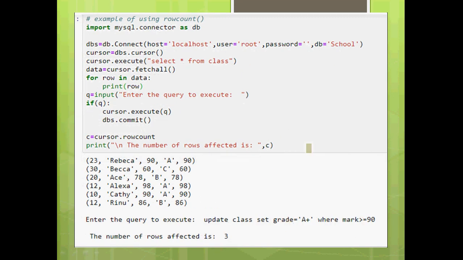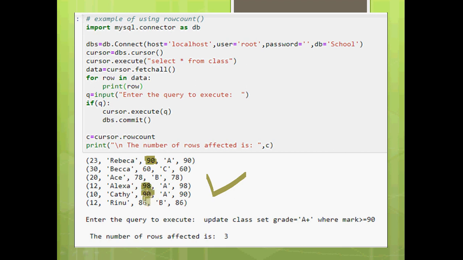Another example, here the update command is executed. So this is the value inside the table. Here the change that we are making is, for all those who scored marks greater than or equal to 90, we are making their grade A plus instead of A. The students who scored greater than or equal to 90 are 3: Rebecca, Alexa and Kathy.